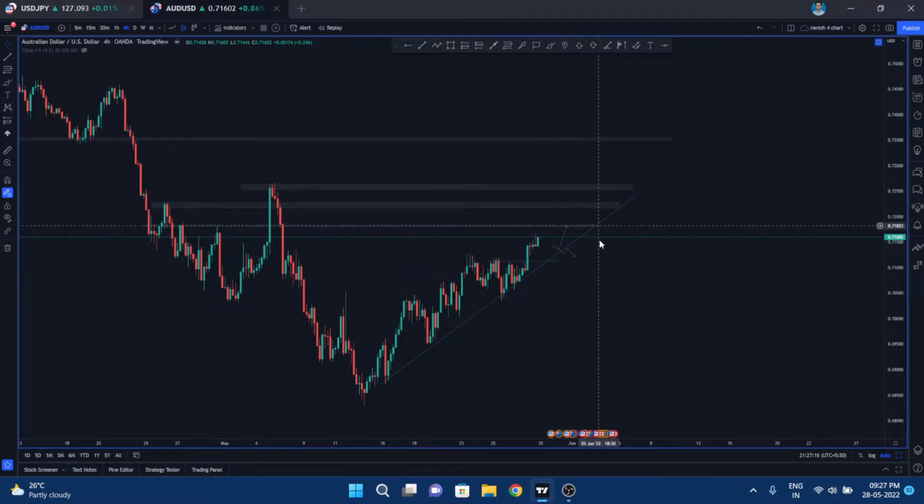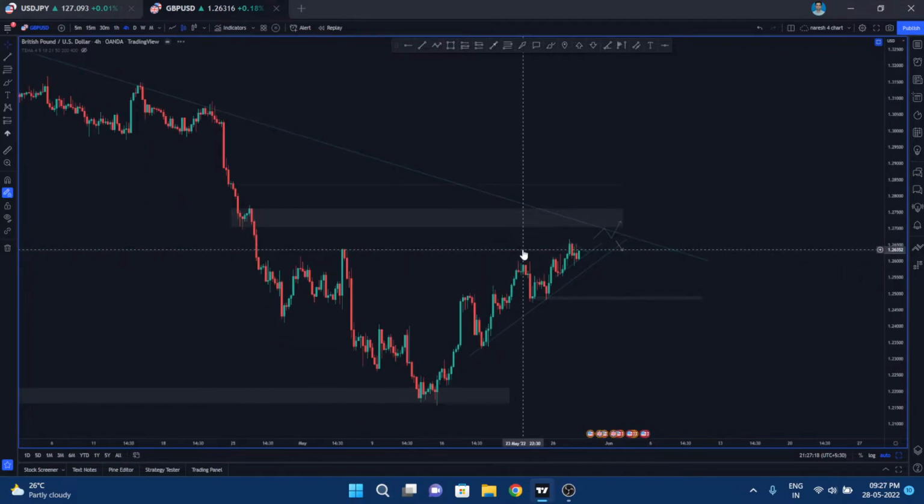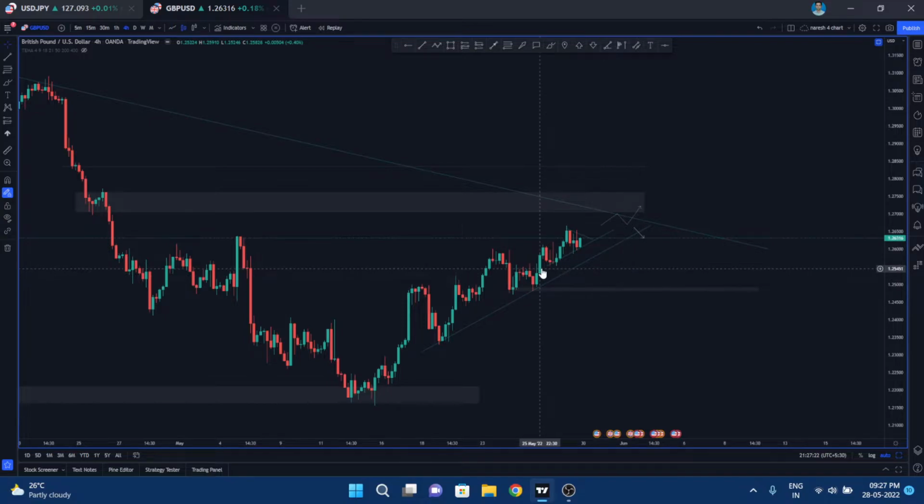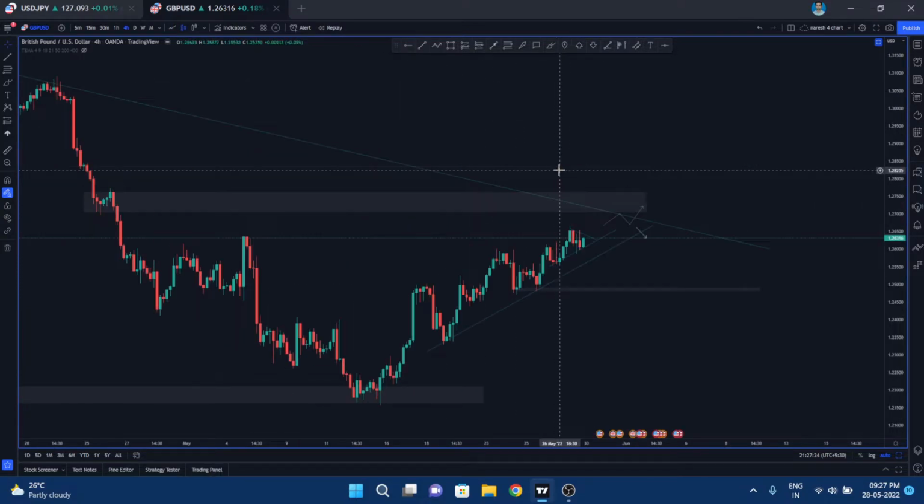Okay, so next would be GBP USD, guys, and in the 4 hour time frame again it is looking bullish, going for an important resistance area similar to other USD pairs. You can look for short entries from here if it is breaking the structure and forming lower low and lower high, or else if it is making higher high, like respecting this trend line, you can look for long entries and continue the trend up.